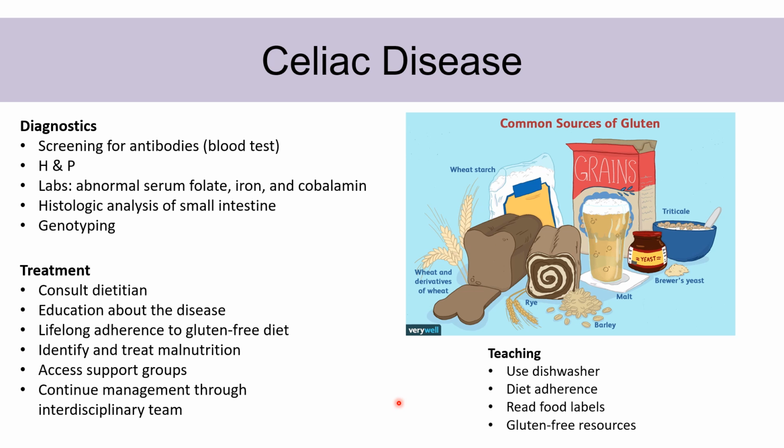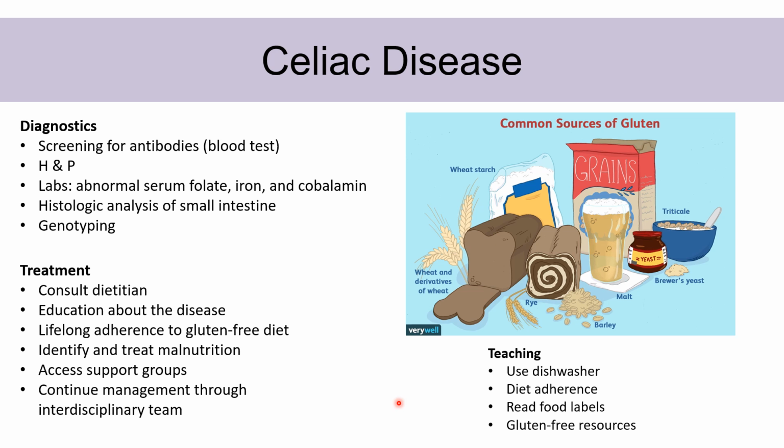Diagnostic, really simple. You're going to screen for those antibodies. It's an autoimmune disease, so we can draw blood and see if they have those antibodies circulating. History and physical, we're going to check for vitamin deficiencies. They can take a biopsy of the cells in the small intestine to further do genotyping to confirm that